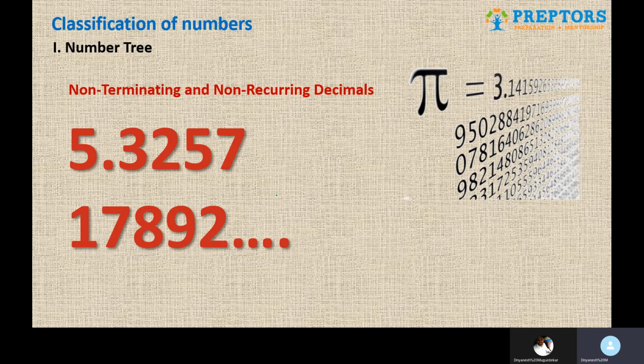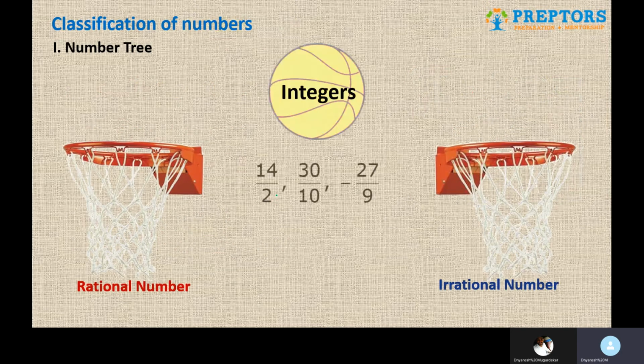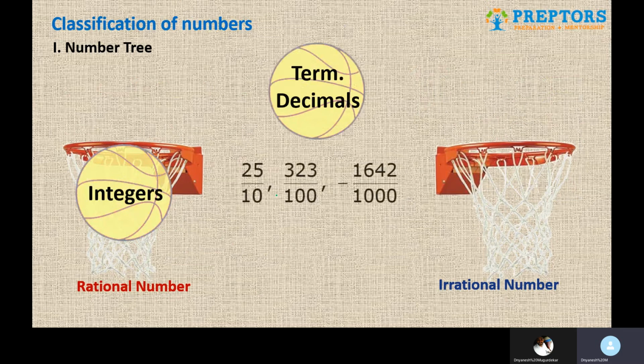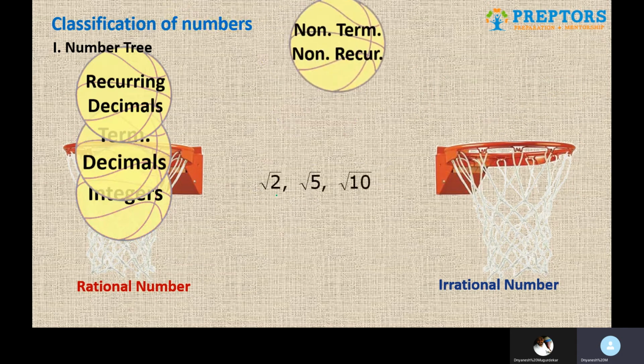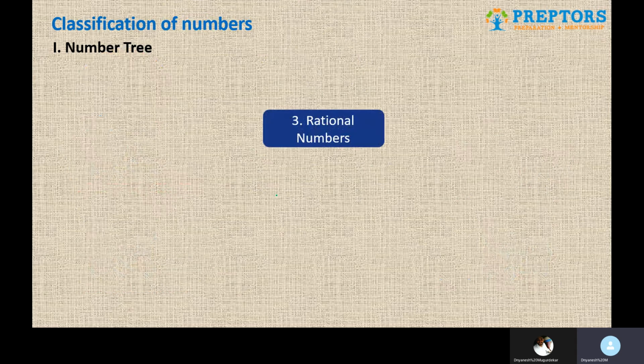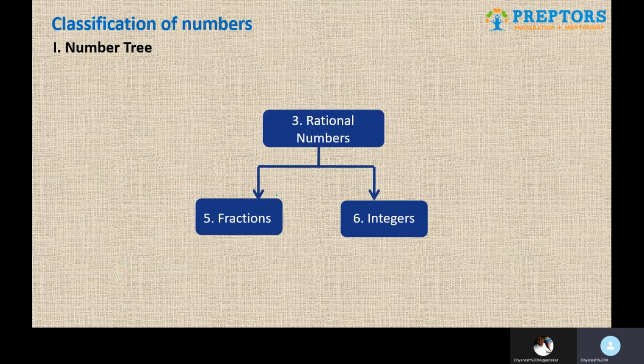There's one small diversion in this classification, where we straight away talked about decimals. But if you remember, we had left it at the integer part. And I had also said that integers are basically a classification of rational numbers. So rational numbers can be further classified into two types, integers and fractions, and each of these is further classified into three different types.